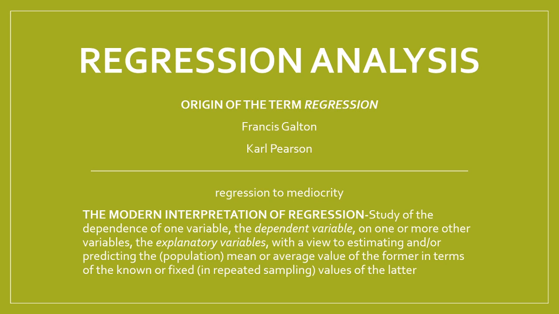But the modern interpretation is somewhat different. According to it, we study the dependence of the dependent variable on one or more independent variables, and our purpose is the estimation or prediction of the mean value of the dependent variable given